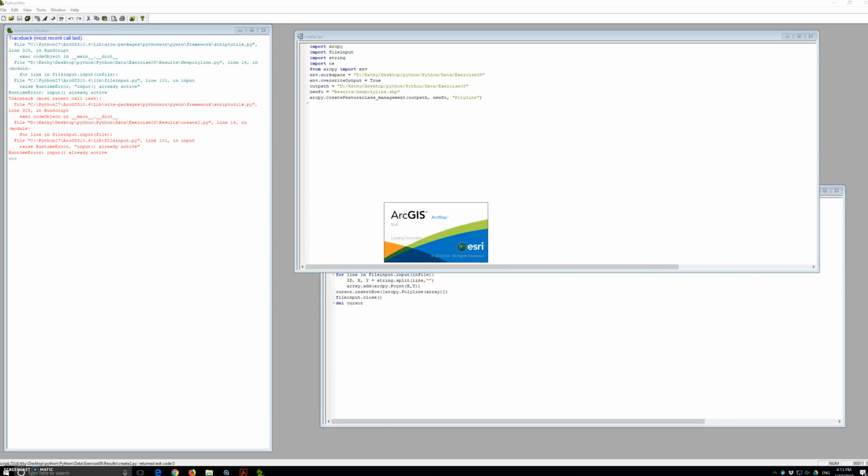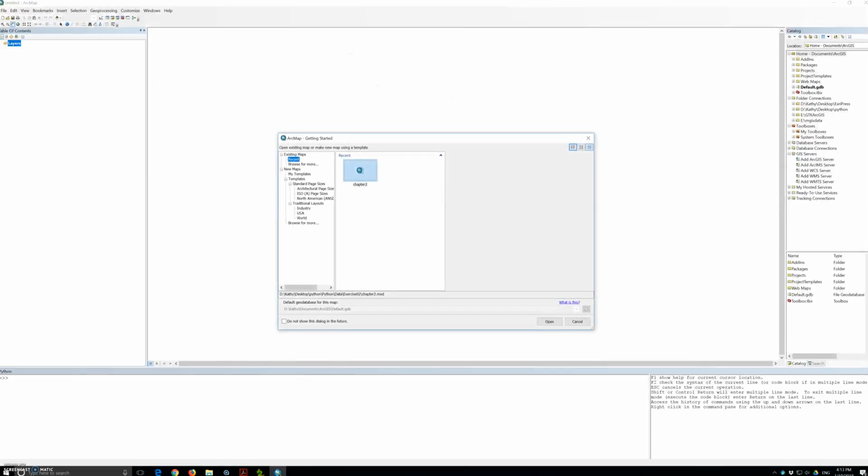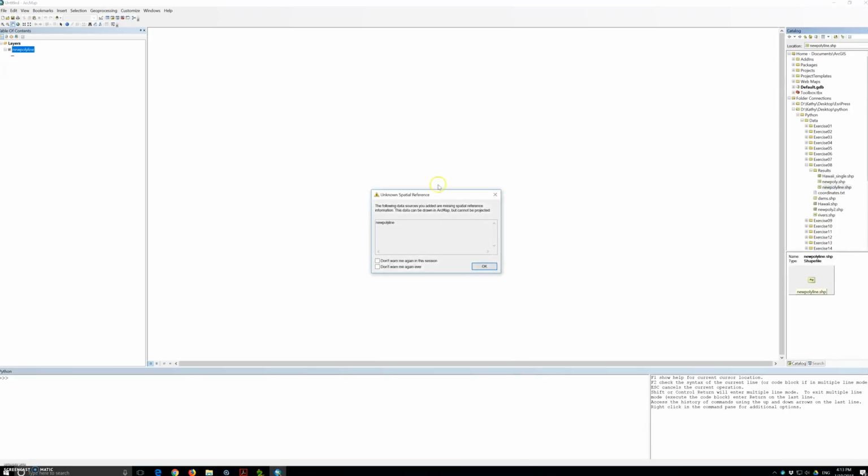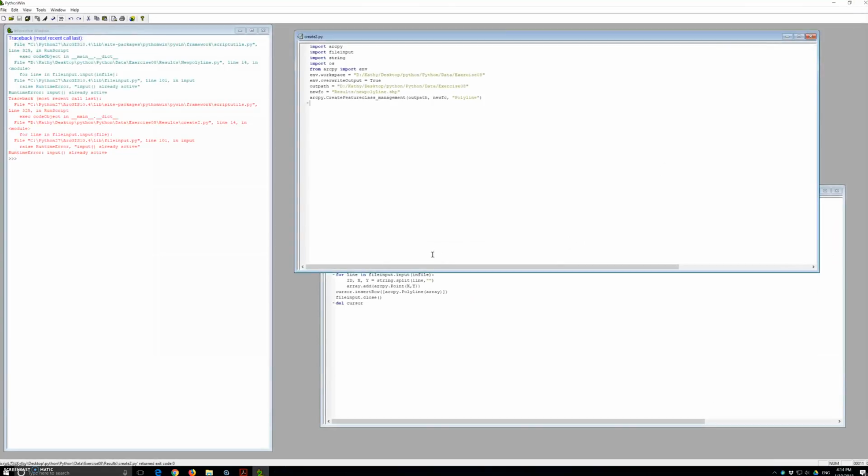So right now I'm still starting with my ArcMap, and we're going to open the ArcCatalog window, and I'm going to click cancel, and right here, Python exercise 8 and results, and we have our new polyline, and we add it here, but nothing shows up because we didn't put our coordinates there. So now I'm going to close ArcMap, and no, do not save it, and then paste,